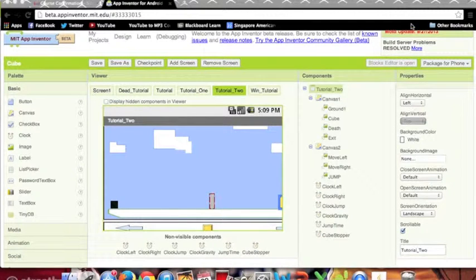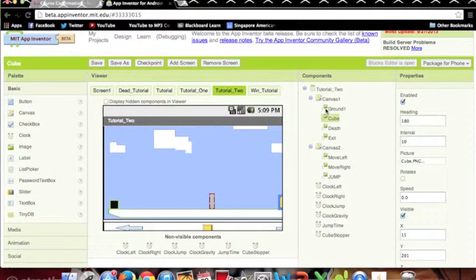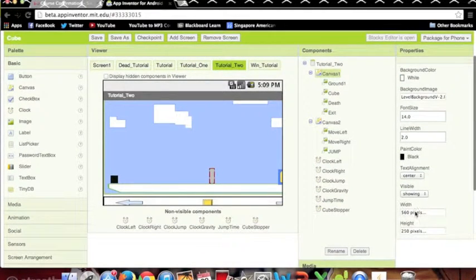So in order to work on collisions, you're going to need a couple of things. First of all is two canvases. These are so you can put sprites on them, and then you're going to have to add the sprites. I would suggest that you add at least two sprites on the top canvas, and then three sprites on the bottom canvas. For the top canvas, you need to make it 550 pixels wide, and then 250 pixels